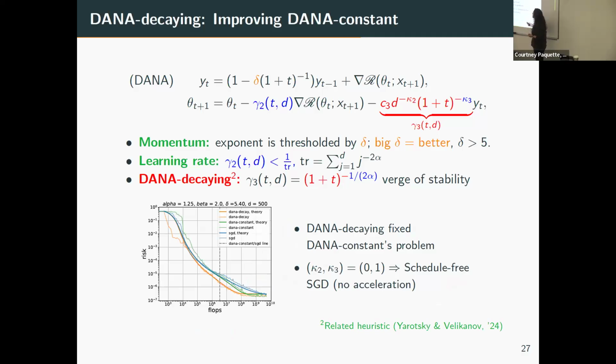So data decaying fixes this problem of having to wait D steps for anything to happen. Now this thing is just straight up hugging the line and actually accelerates. You can see it goes down much, much faster, provably faster. When this kappa 3 quantity becomes 1, you just become SGD. So in some sense, kappa 3 equal to 0 would be like full batch Nesterov, and 1 is like SGD. You want something in between. And the optimal one will be dependent on the power law.